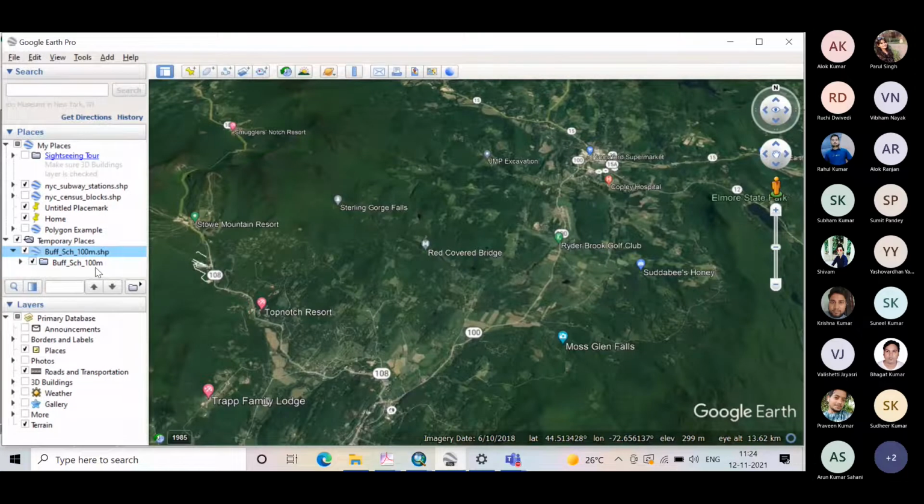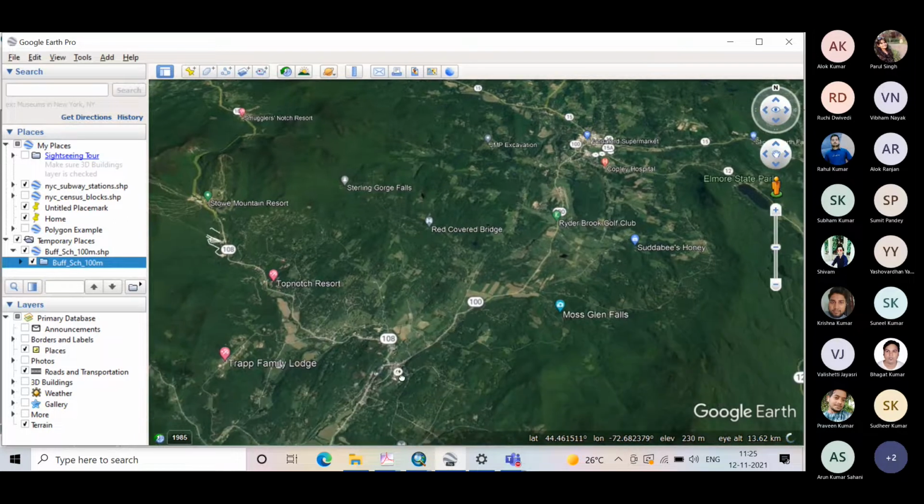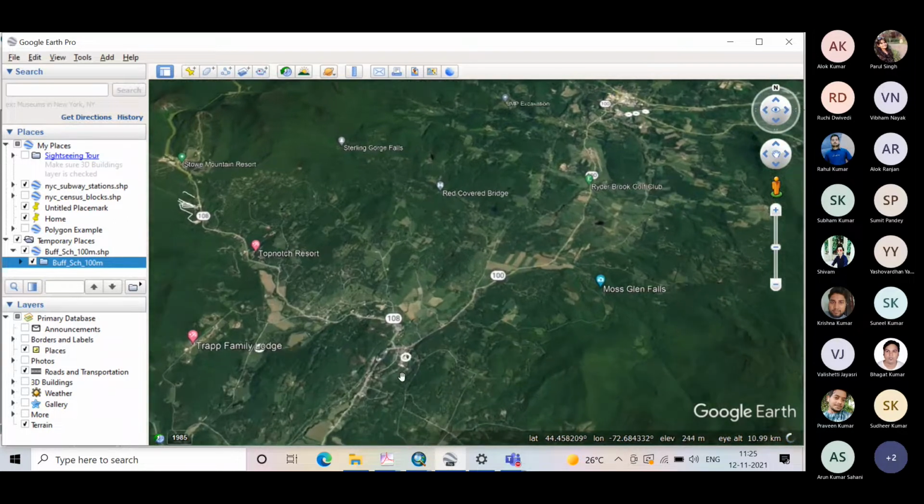So on the screen, you can see that there is Google Earth, and I have already imported the buffers which are created around the schools. And these buffers are at 100 meters. In the left-hand side panel, see, I have placed my cursor over here: Buffer school 100 meter. So these schools are created at a buffer of 100 meters. Now if I zoom in,